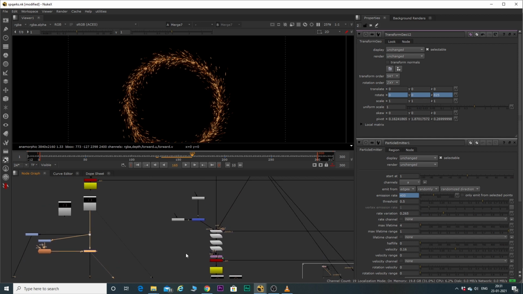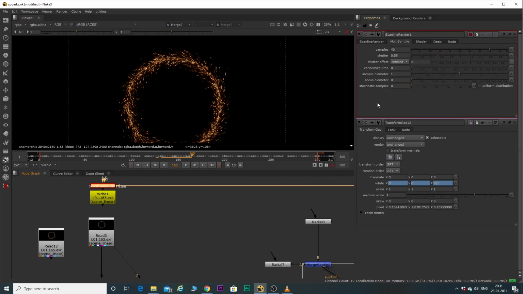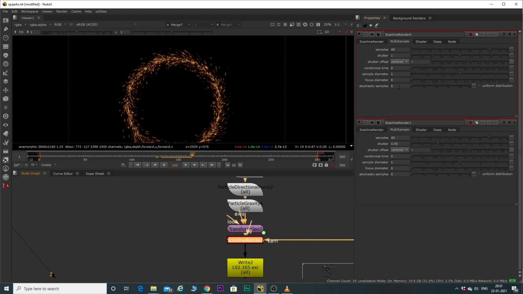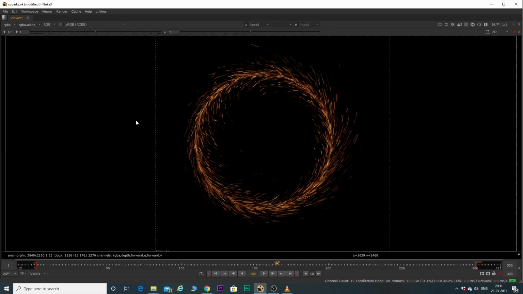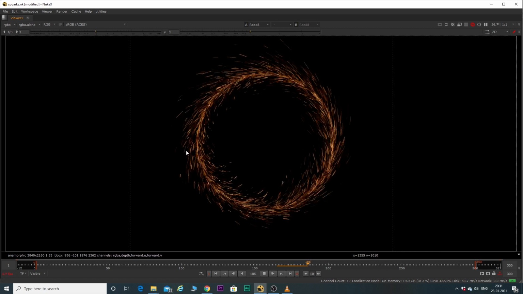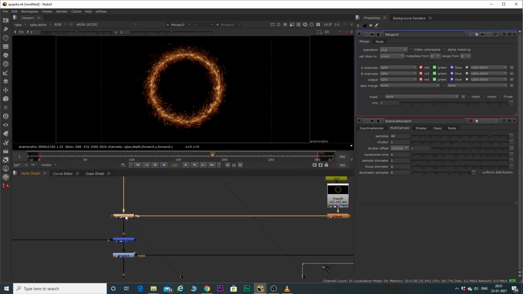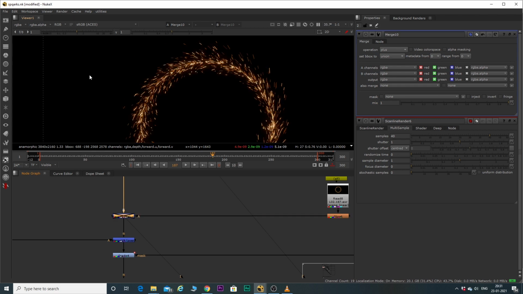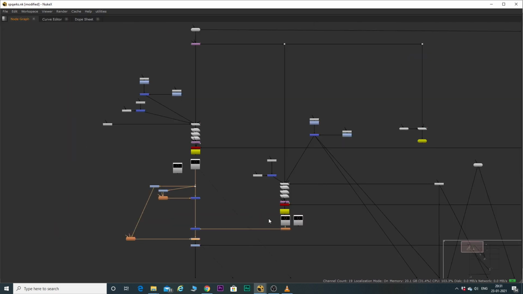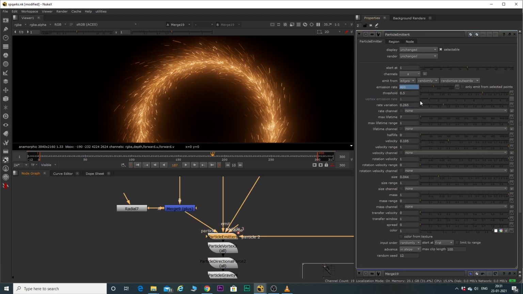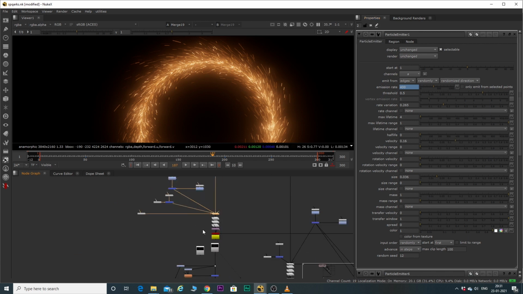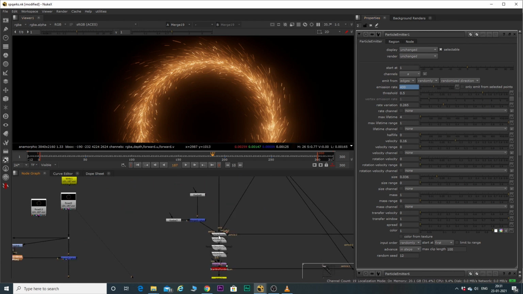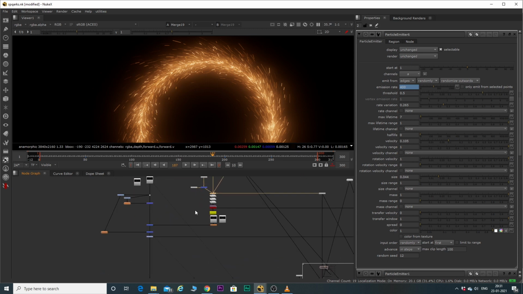So the next layer is not as different as this one. The only difference is that in this the motion blur shutter is 0.5, and in the second layer the shutter is 1, which makes the streaks longer, like that. If you see, the streaks are longer. So we're going to add some small streaks and some big streaks, like that. And then we have added some glow to it. So the particle emission is almost the same. Over here the max lifetime for the second layer is more, and the velocity for the second layer is less.